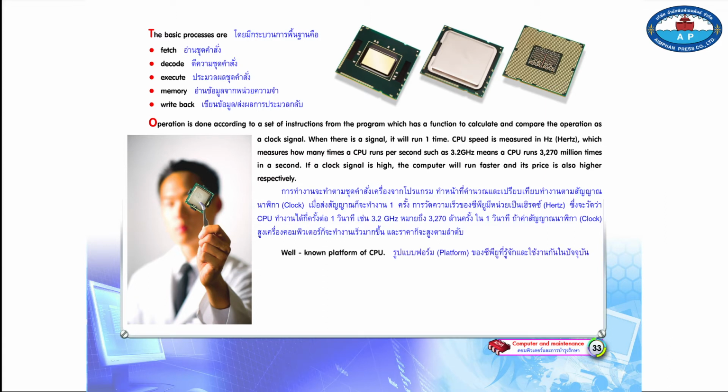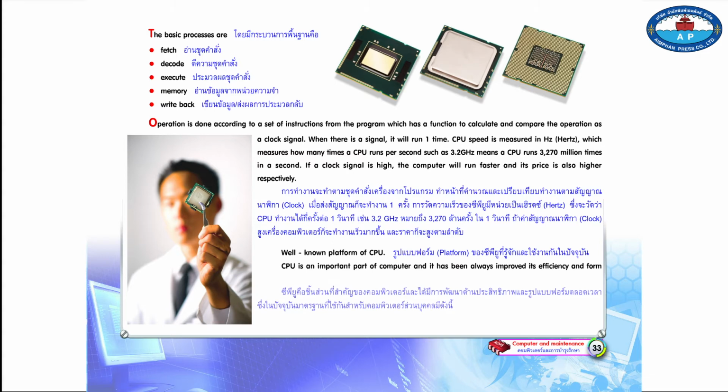Well-known platforms of CPU. CPU is an important part of the computer, and it has always been improved in its efficiency and form all the time. The current standards used for personal computers include